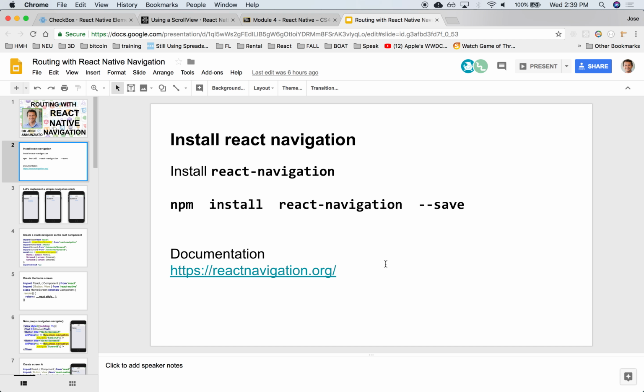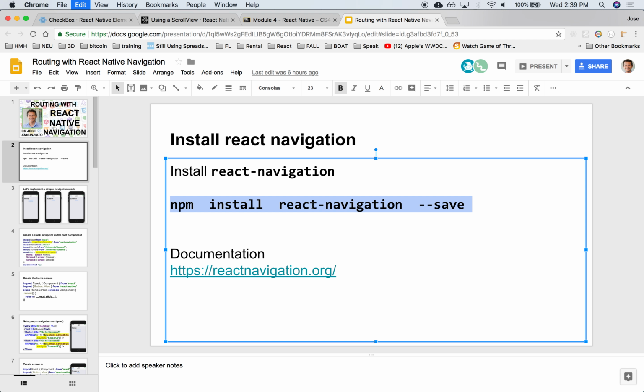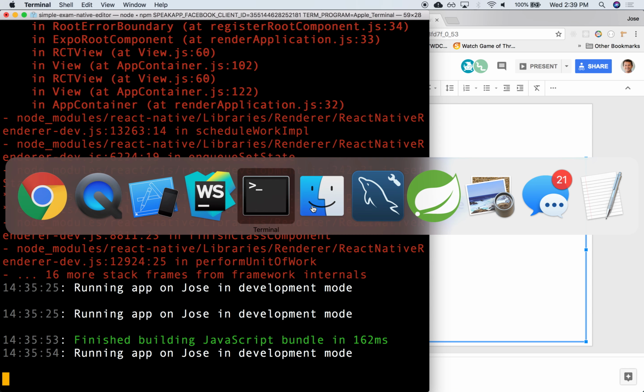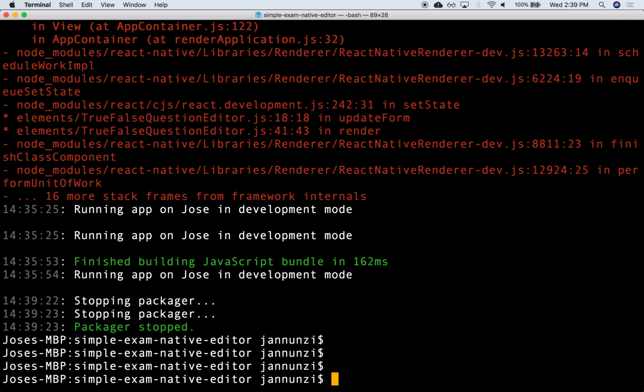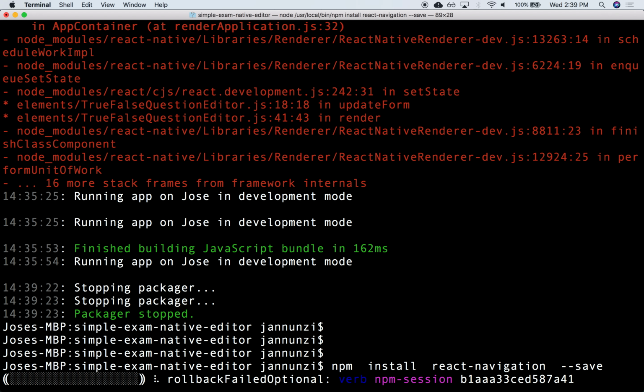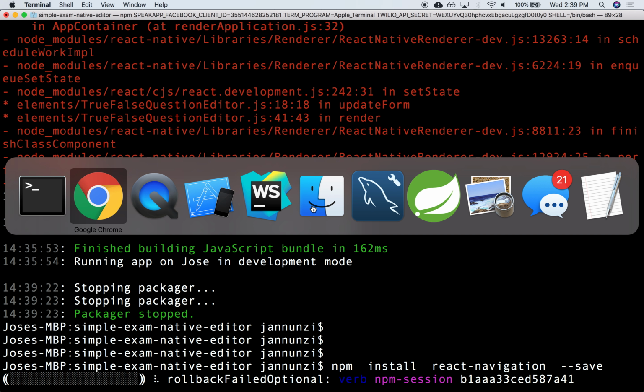So I don't remember if I installed it. So let me install it again if I have it. Let me see. I don't believe I installed it. So let's stop that for a second. And let's install React Navigation. So while that's happening,